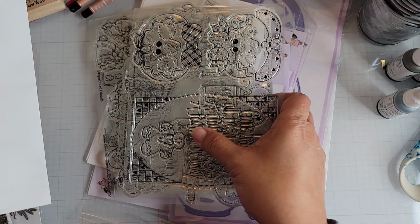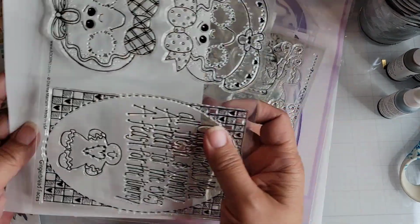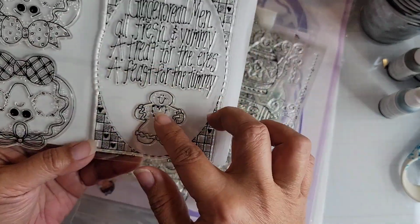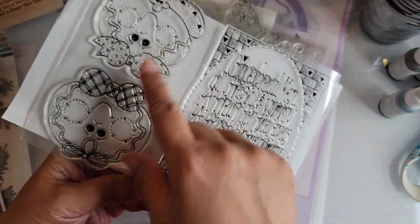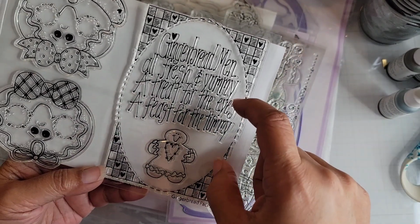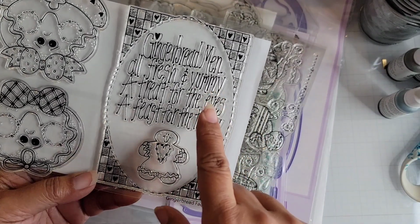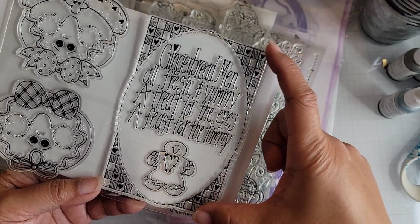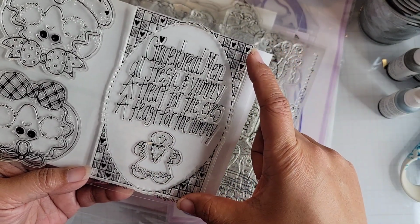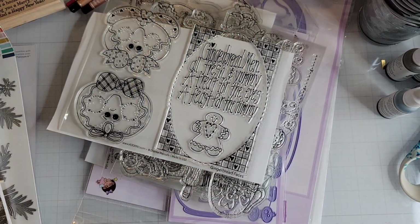Now that was a 4x6 stamp sheet. The rest of them are 6x8. I have these two stamps. I don't have this one, but I've seen this one many times. The original stamp is smaller than this. This is about 5.5 inches. So you're going to be looking at either having it hang off your card a little bit, or you're going to have to make a 5x7 card. I'm looking for...